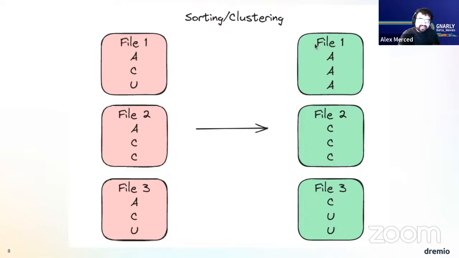Okay, we'll see it now in this case. Once we've clustered it, all the A records are in file 1 because there's only 3 of them. C, there were 4 records, so that got split up between files 2 and 3. But still, they're not in all 3 files; they're only in 2 files, so that's still better. And then the third file has all the U records. So now, if I wanted to scan for all the A records, I'm only going to need to scan 1 file. Okay, so by sorting my data, I've reduced the number of files I have to scan.